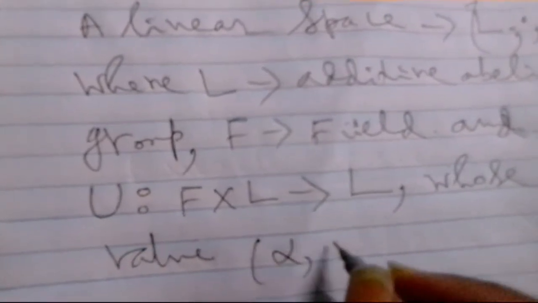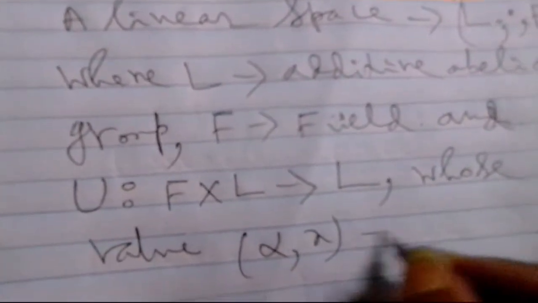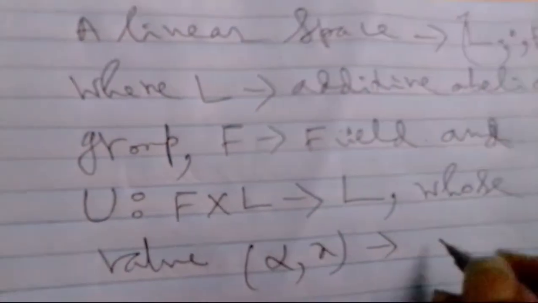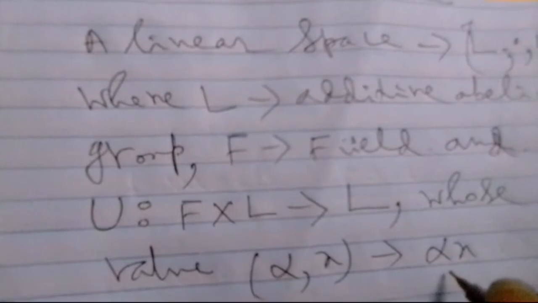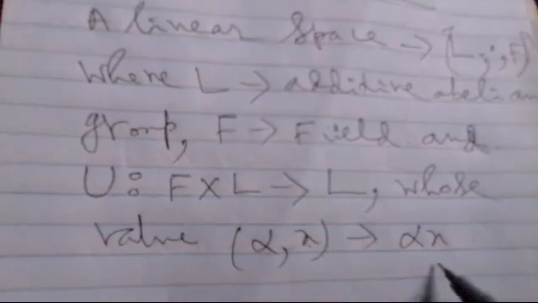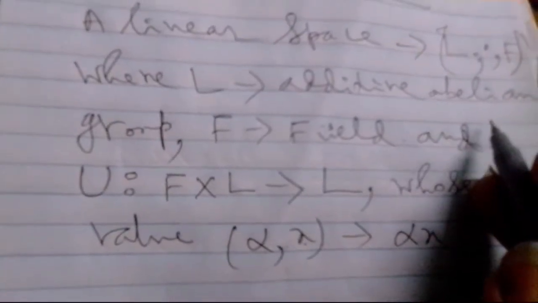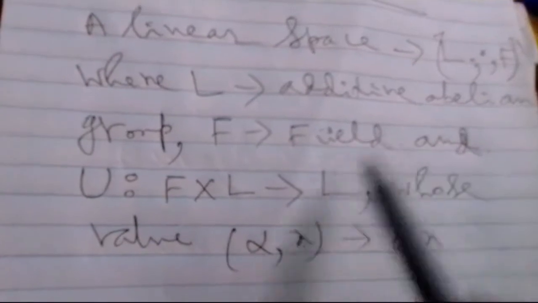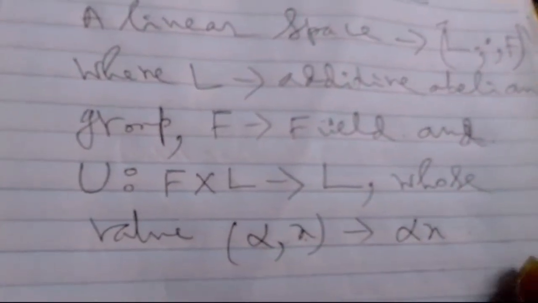We note the external composition as alpha x, where alpha is an element of the field and x is an element of the abelian group. Dot or cross, whatever it may be, but as usual we use the dot notation. This is a map from the Cartesian product F × L to L, denoted by alpha x, such that